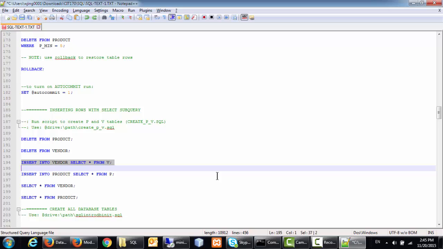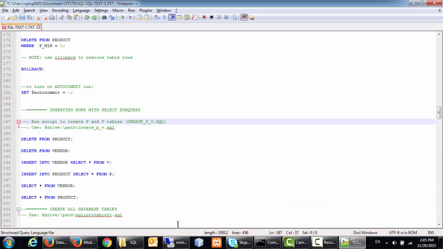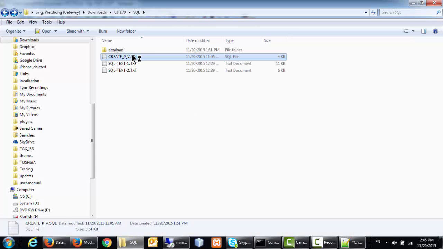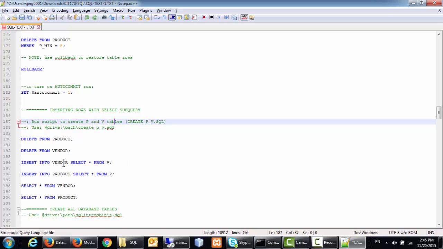If you want to learn the detail of this, go to the textbook, right? I insert into vendor from whatever data I have from the V table. I just loaded it from this file, right? From this file, whatever V data, because these two tables are the same table. But this is only practice. How do I insert into a database table from an existing table, right? If I run this,